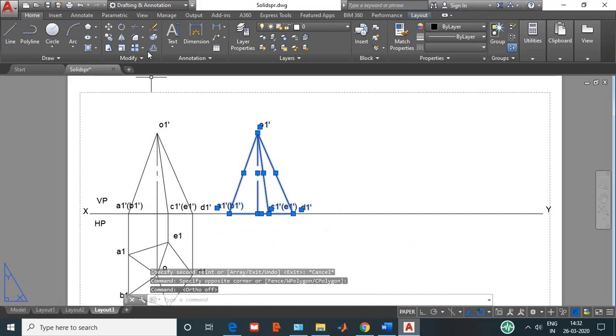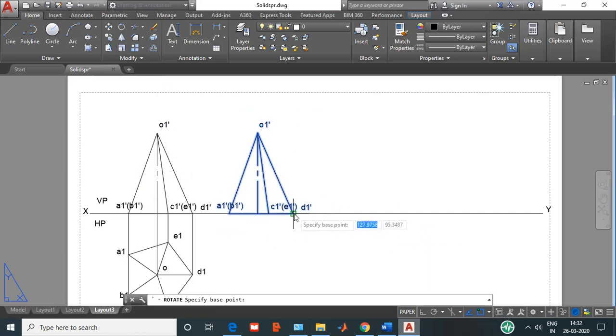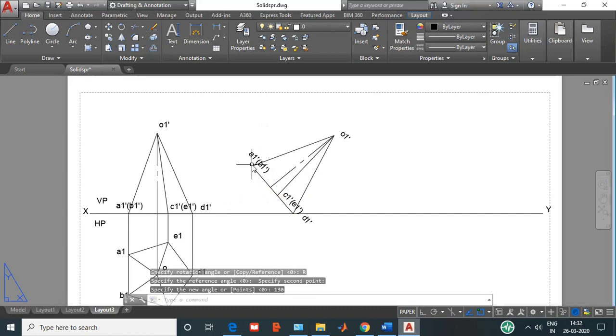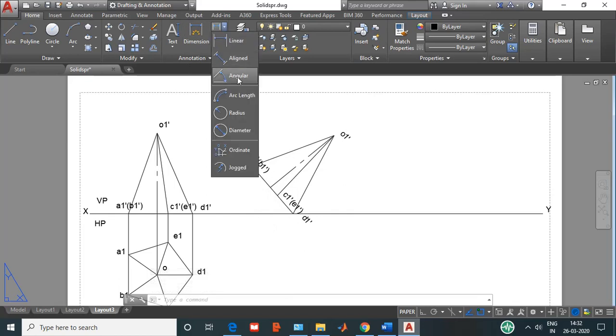For rotation, I'm going to take D as the fixed point, the reference, and again this and this point. I'm inclining with respect to the base. I'm going to make the base 50 degrees so that automatically the axis will become 40 degrees. What angle do I have to input here? This is this particular line. You know that AutoCAD measures in the counterclockwise direction. So if I want this angle to be 50 degrees, it should be 90 plus 40, that is 130. If I give the angle as 130, then automatically this base will be at 50 degrees.